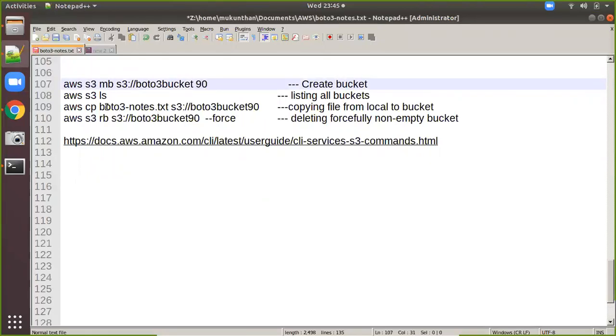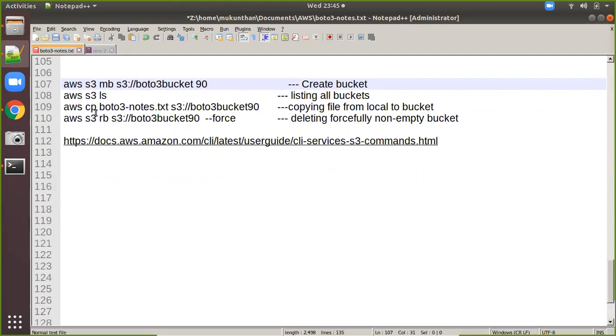Then after that we will be giving S3 LS. LS will be listing out all your buckets, so you can see whether your bucket is available or not. Let's say if you want to see the contents, or the number of objects inside your bucket, you need to give the bucket location also, so that whatever objects are inside your bucket will be shown there. That we will see in the demo.